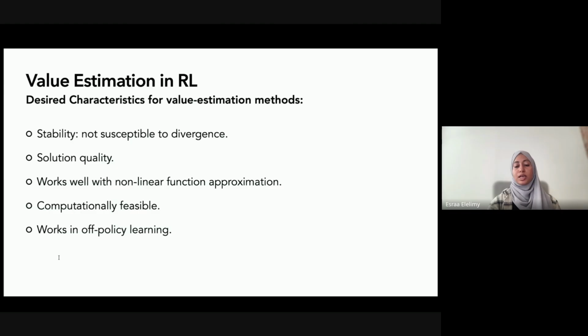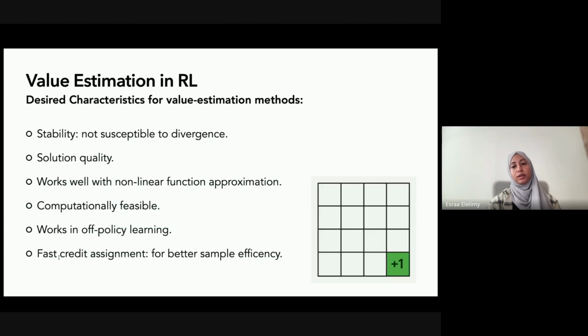Off-policy learning is this special case where you're trying to learn about a policy using data that was collected by a different policy. So it's a harder problem. And we also want these methods to have a fast credit assignment. And by fast credit assignment, I simply mean